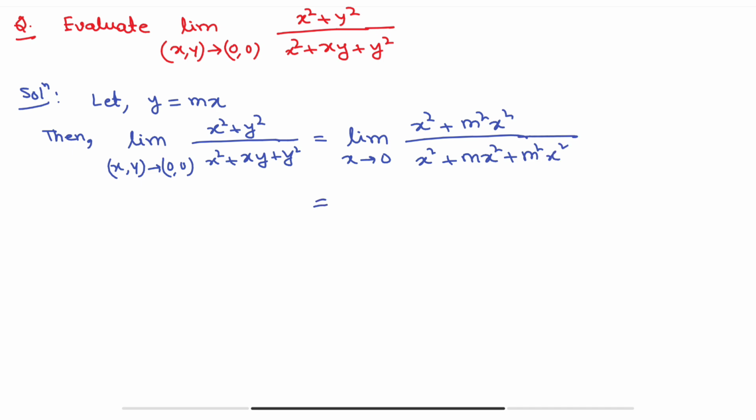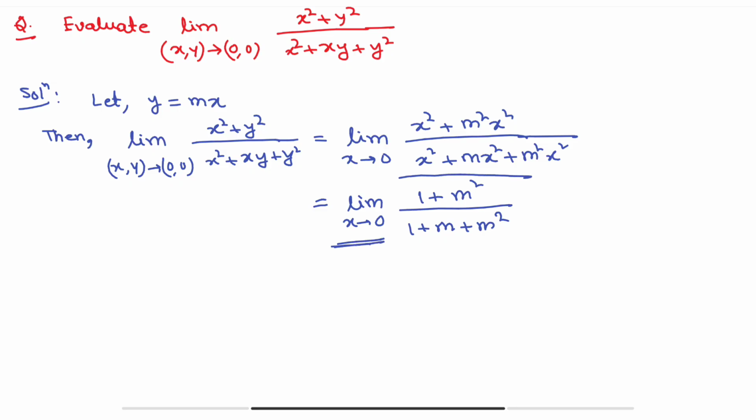So x square will be cancelled out, so limit x tends to 0 of 1 plus m square divided by 1 plus m plus m square. Clear? Now here the limit is x tends to 0,